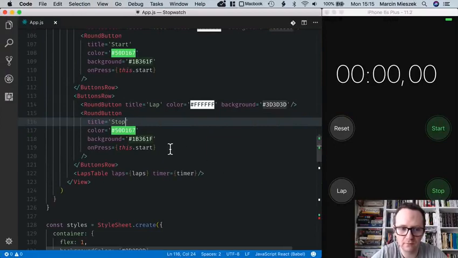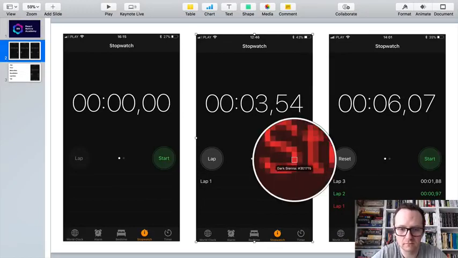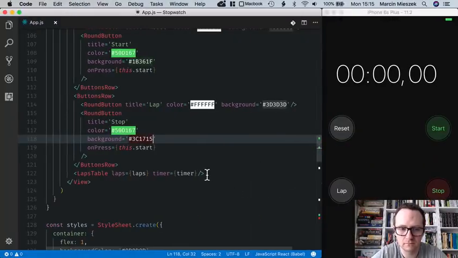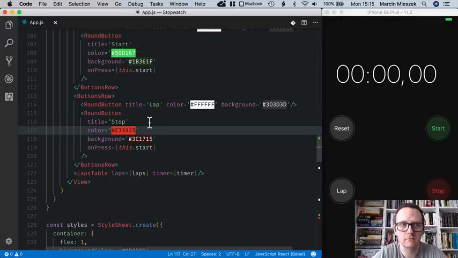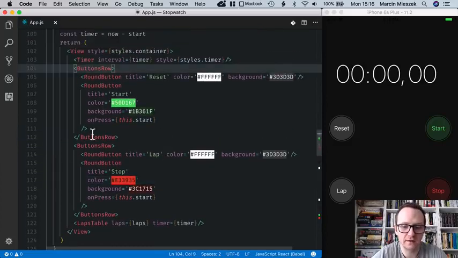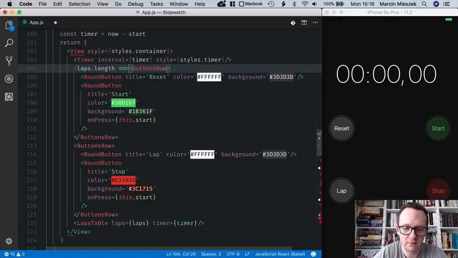First the background color, and now the text color. This first row should be rendered only when the app starts and no buttons have been pressed. It happens only when the labs array is empty. Let's render it conditionally. Labs length equal to 0,